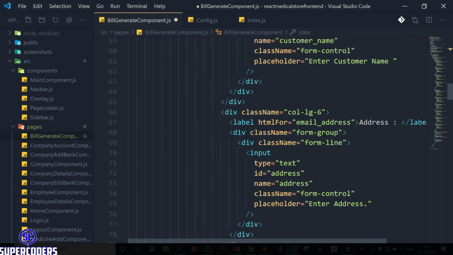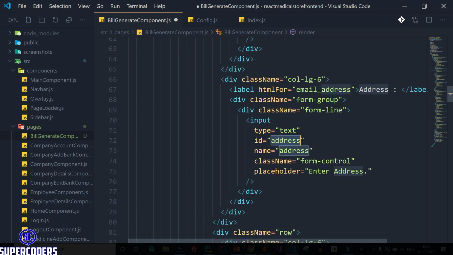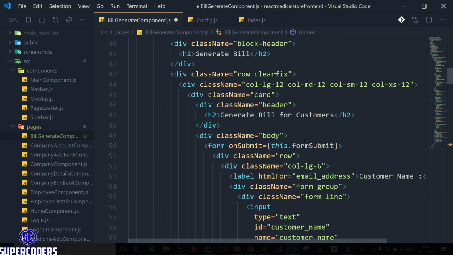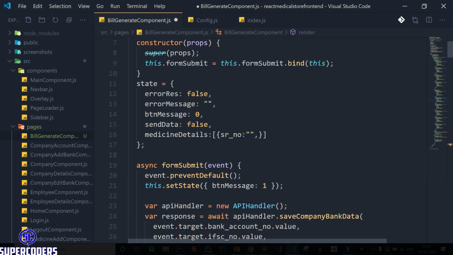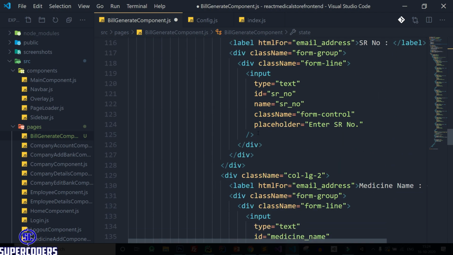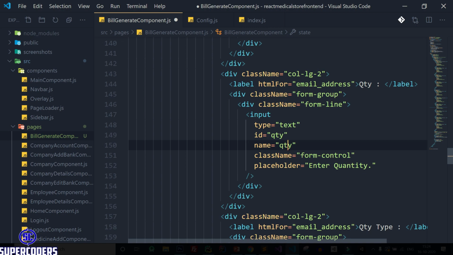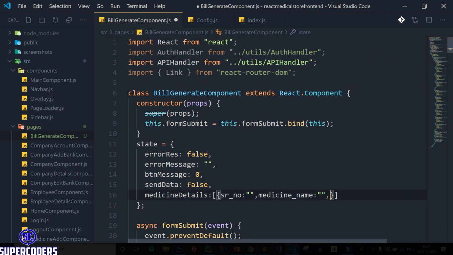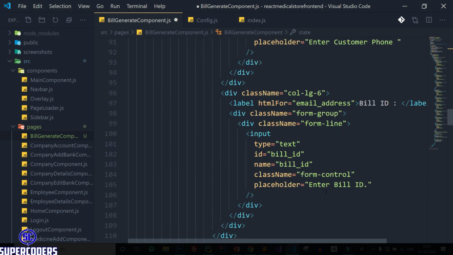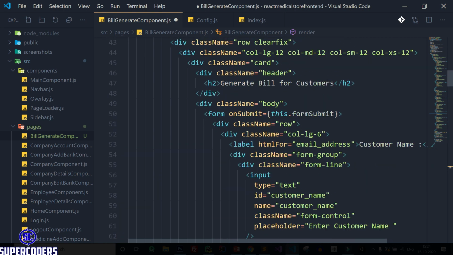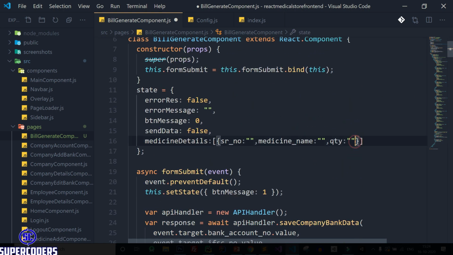Next is let's see, medicine name. Also make it blank. Next will be quantity. Copy it. Make it blank. Quantity type. Make it blank.